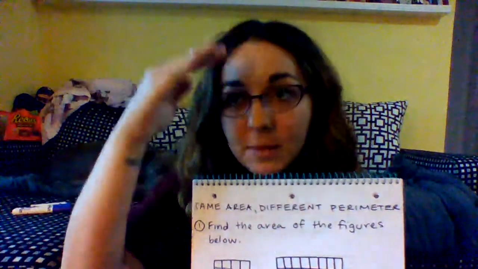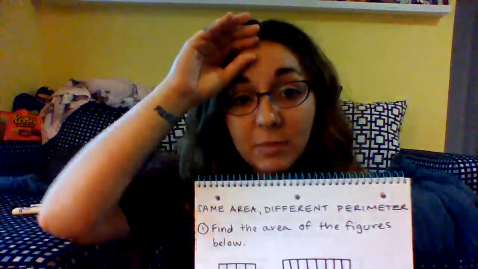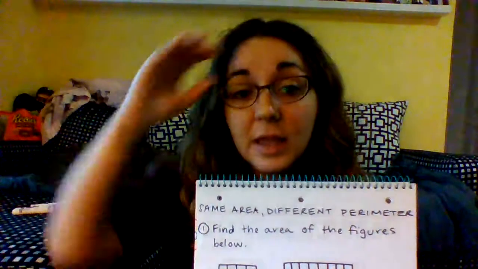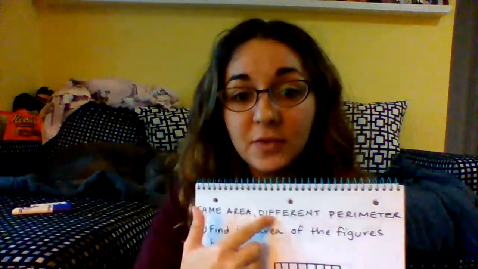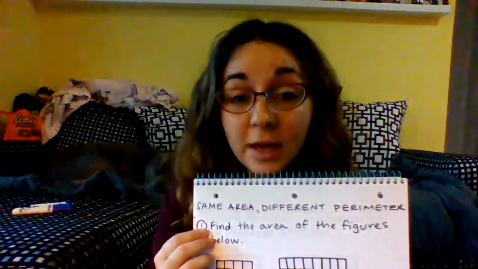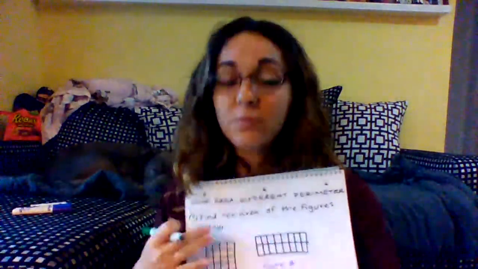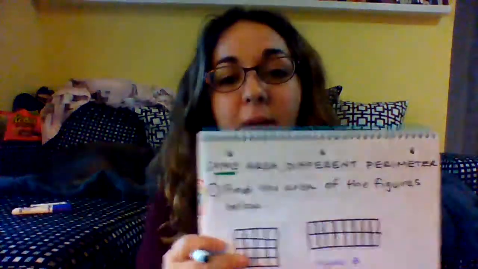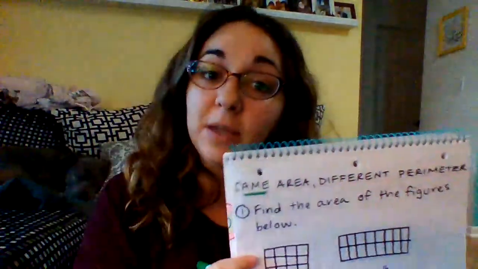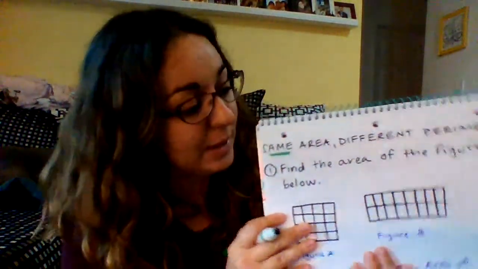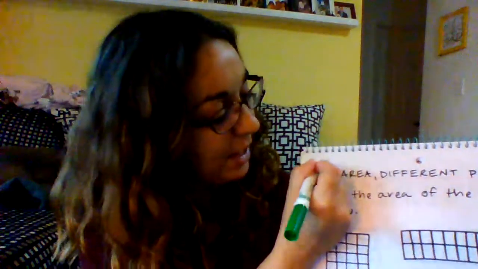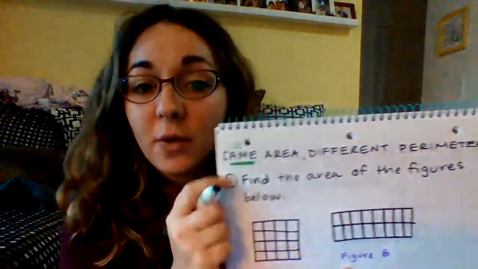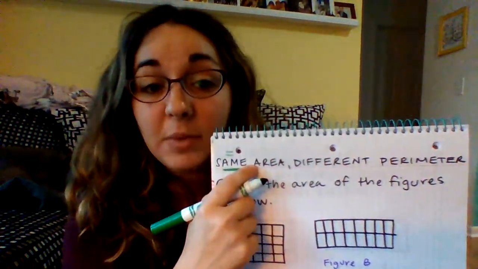So think about that, slow it down, think about the words, okay, because that's going to be key in this lesson. Today is about the same area and different perimeter. So the shapes you're going to look at, they're going to have the same area. What does that mean if the area of the shapes is going to be the same? What does the same mean in math? The math word that means the same is equal, right? So today, the shapes we're looking at, they're going to have equal areas, okay, but they're going to have different